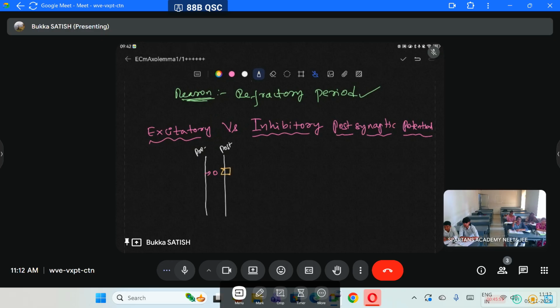Okay. Once it binds with the receptor, what will be the change that is going to happen in this membrane? Is it polarized or depolarized? It is already in the polarized condition. Upon stimulation, it will undergo depolarization, right? This is what we call the action potential, right? Understood. But